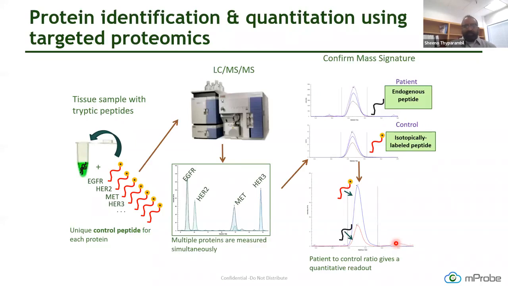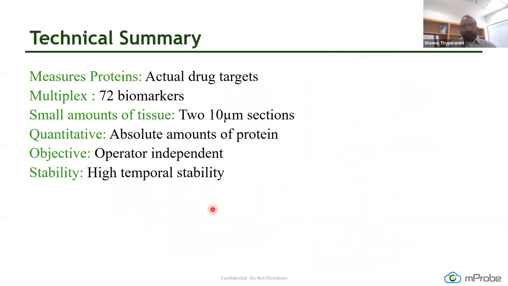Just more mass spec speak, but essentially we are adding heavy peptides, and then we can quantitate exactly the levels of 72 biomarkers in that sample. So I'll just skip some of these things. The one thing I just wanted to point out is that